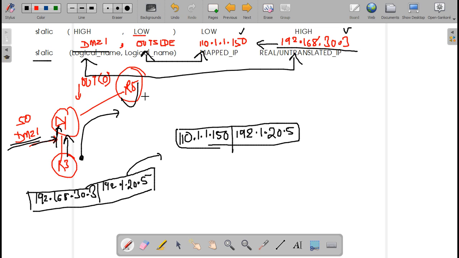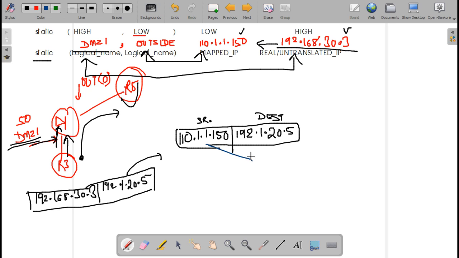Okay, when the packet returns from R5, the address will be changed here. This is the source, this is your destination. Source will remain the same and destination will be the same.